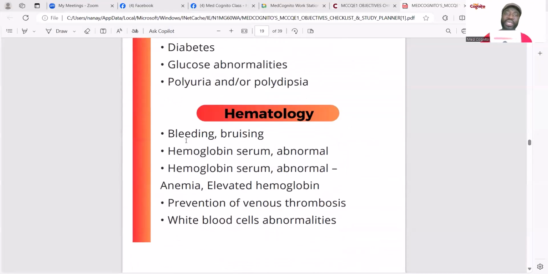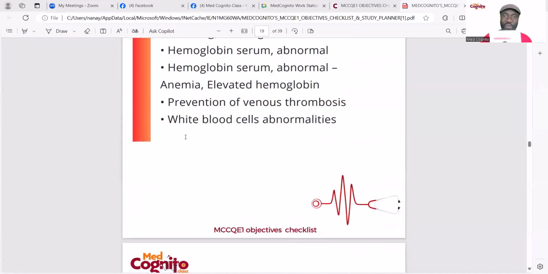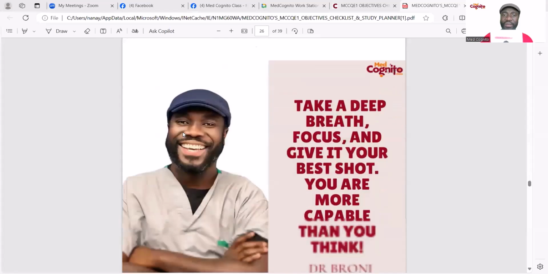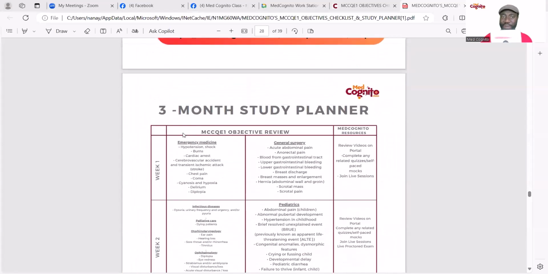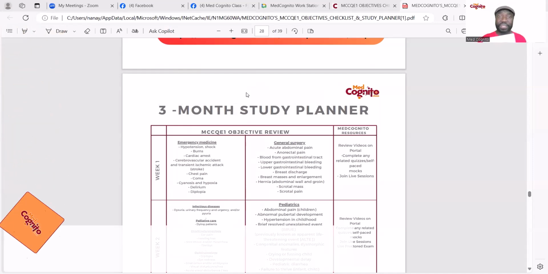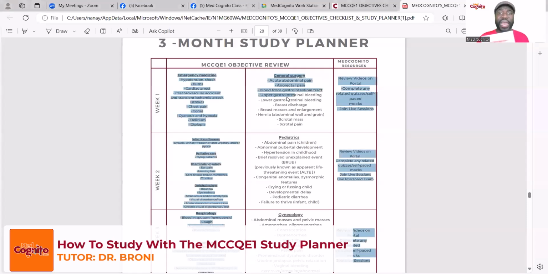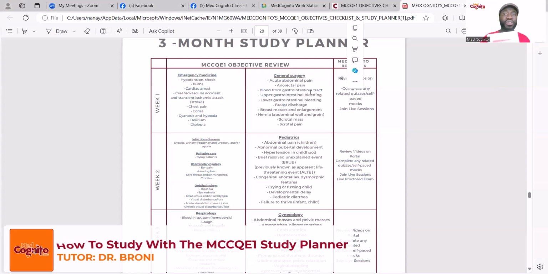And then when you go down, we have the 3-month planner and then the 6-month planner. Okay. So if you go down, so cardiology as well, you go and meet the topics you need to master. And then when you go down, we have the study planner. So if you want to ace your study preparation in 3 months, follow this. What are you going to cover in week 1? We've designed what you need to cover, and then we've designed how you're even going to cover it.